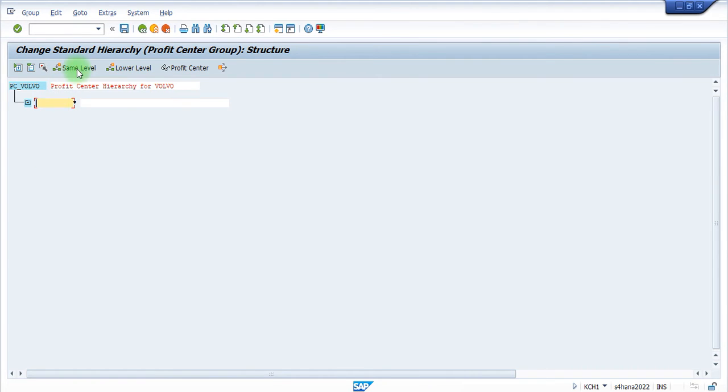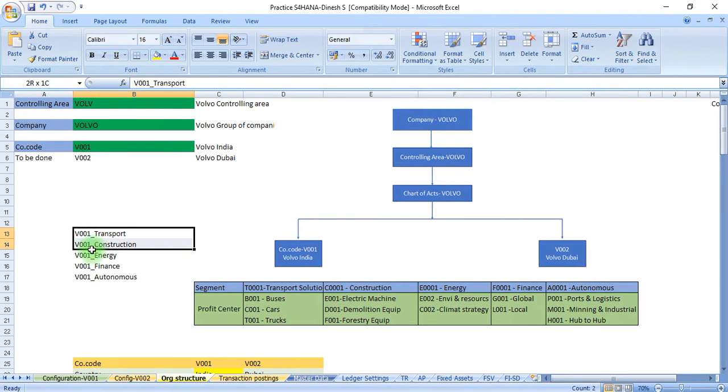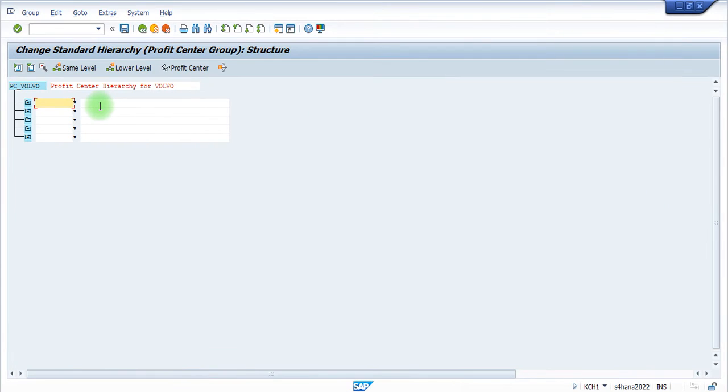Again, if I want to insert one more at the same level, I click on same level. I'm going to create four to five groups. These are the groups I'm trying to create, so just copy and paste all this here,